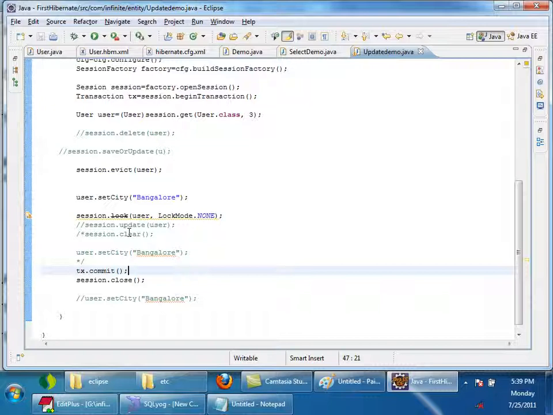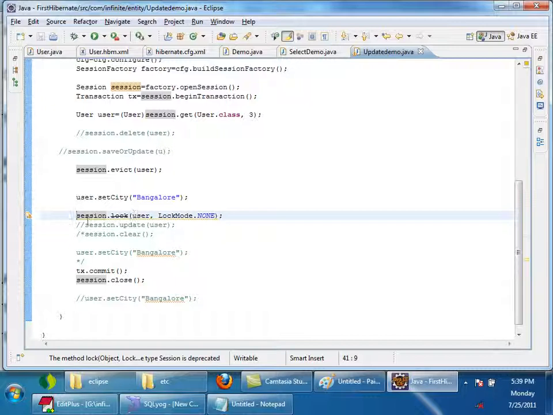Locking an object means decreasing the performance, because other threads have to wait for the lock, right? So they discourage pessimistic locking. We are locking that object for this transaction. Until the transaction is completed, no other threads can use that row. No other threads can update it. So other threads have to wait until the lock is released. So this is discouraged. So that's why it is deprecated.